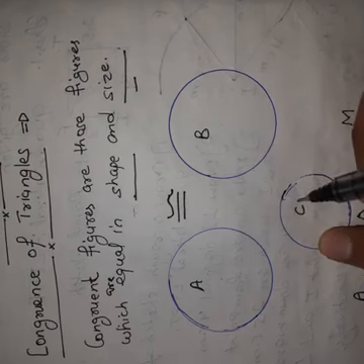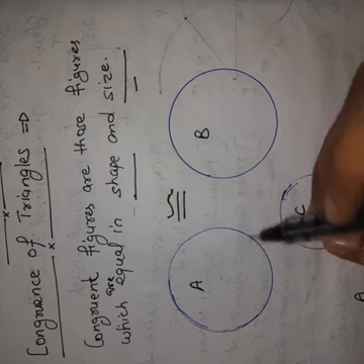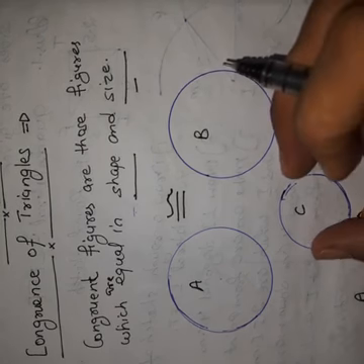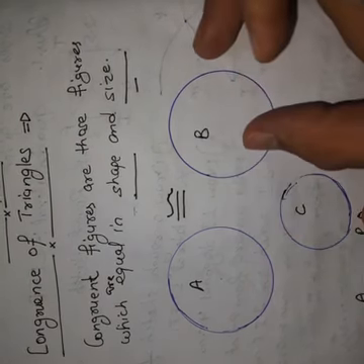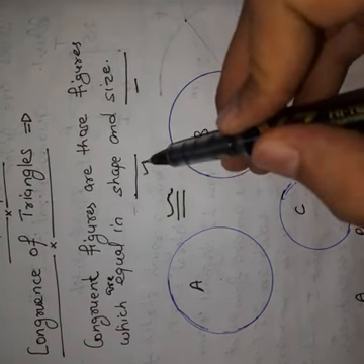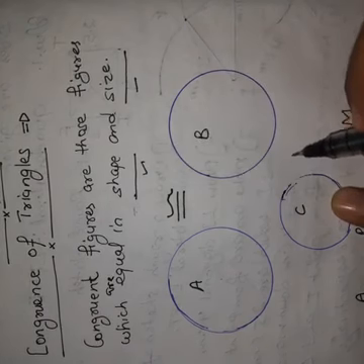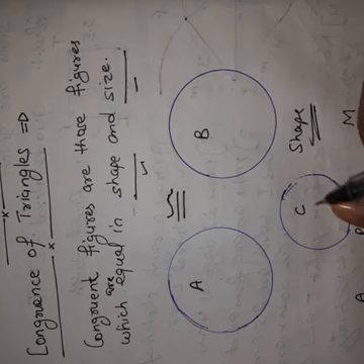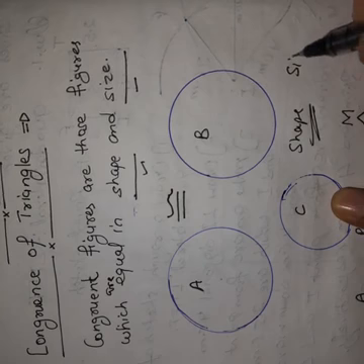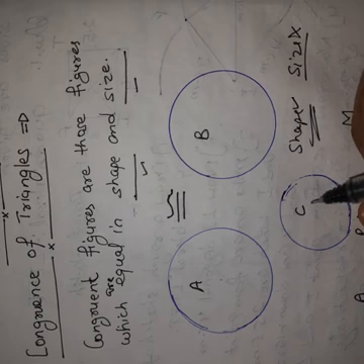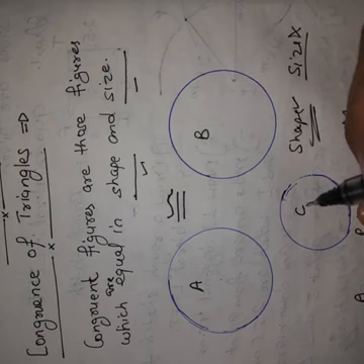सर्कल C ना तो सर्कल A के कॉन्ग्रुएंट होगा और ना सर्कल B के. आप देख के ही बता सकते हैं बिकॉज इट हैज स्मॉलर रेडियाई देन सर्कल A एंड सर्कल B. सो सर्कल C हैव सेम साइज. सर्कल C का शेप तो सेम है बिकॉज इट इज सर्कुलर ऑल्सो, बट देयर साइज इज नॉट इक्वल. साइज इक्वल नहीं है, सिर्फ शेप इक्वल है. सो वी कैन नॉट से दैट सर्कल C इज कॉन्ग्रुएंट टू सर्कल A और सर्कल B.